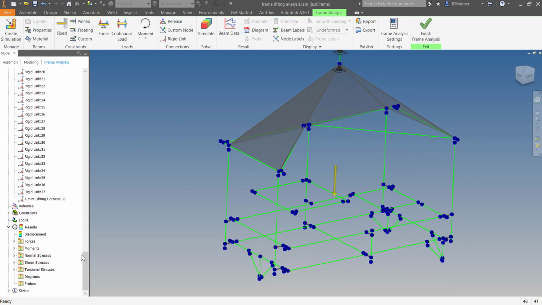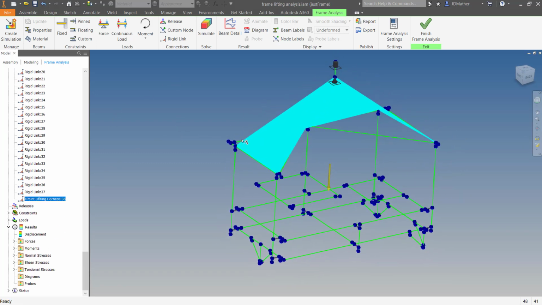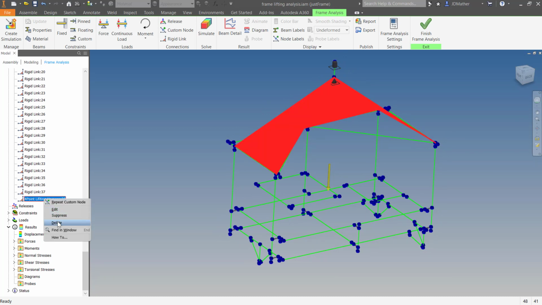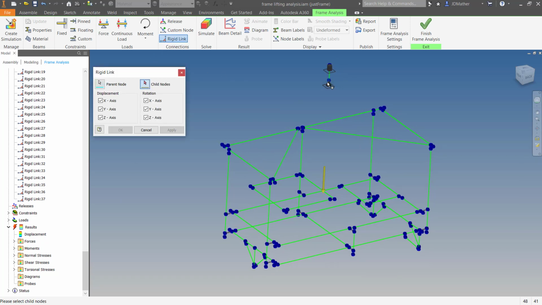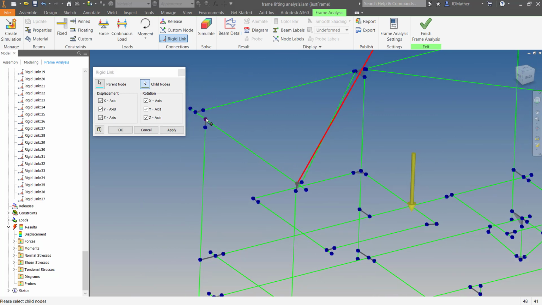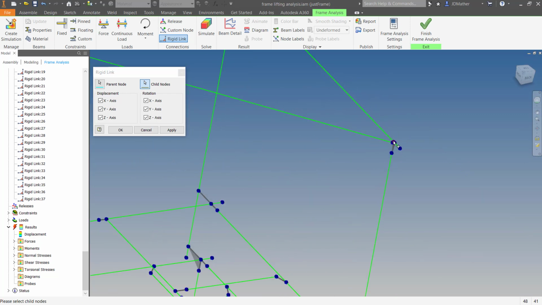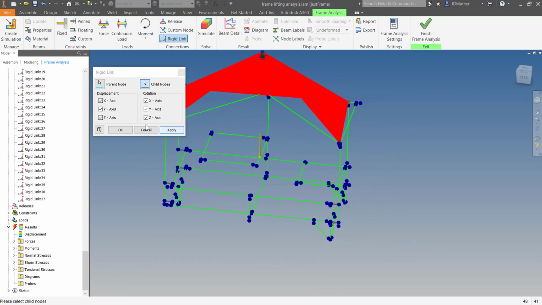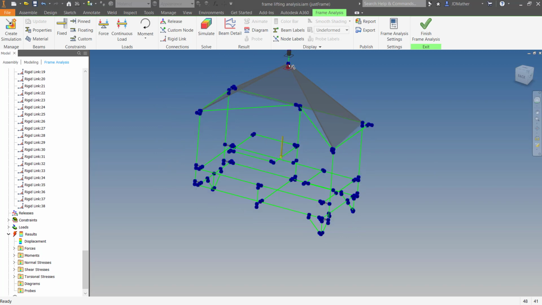And then I put a rigid link to those. So let me just put that in again. I'm going to delete it and put it in again. Alright, so I'll do a rigid length. My parent node is here. Well, one of the child nodes here, one here, one here, and one over here. Okay, so then this whole thing can rotate about that